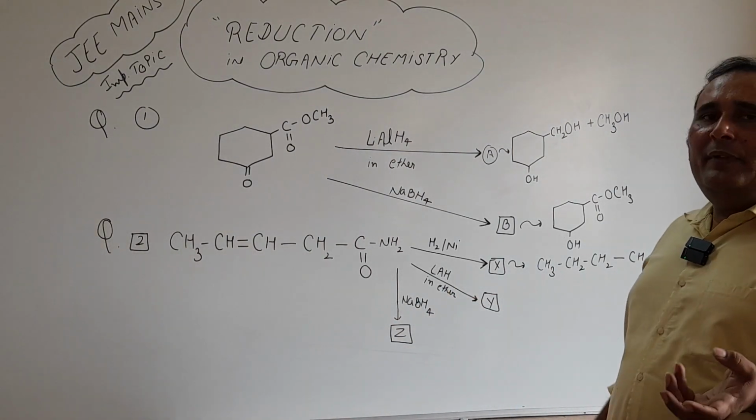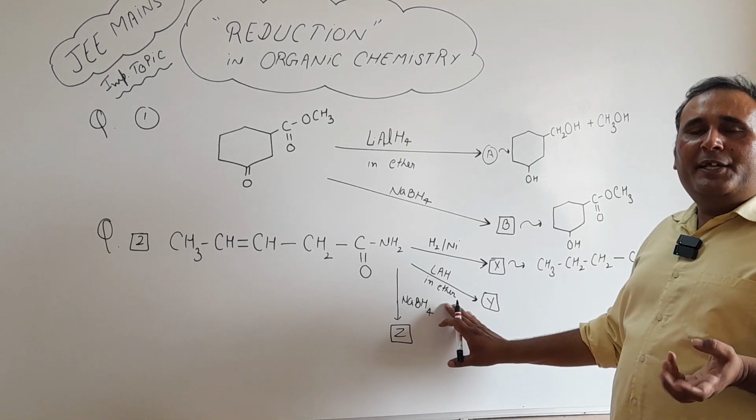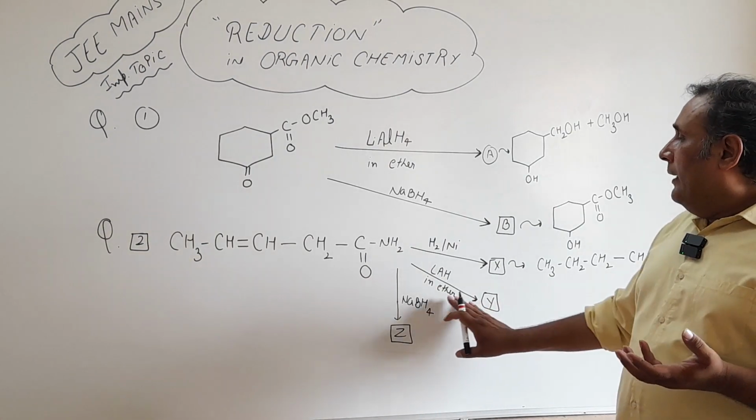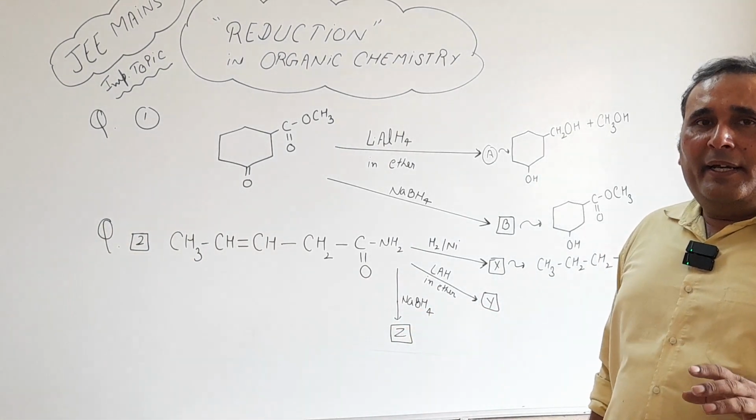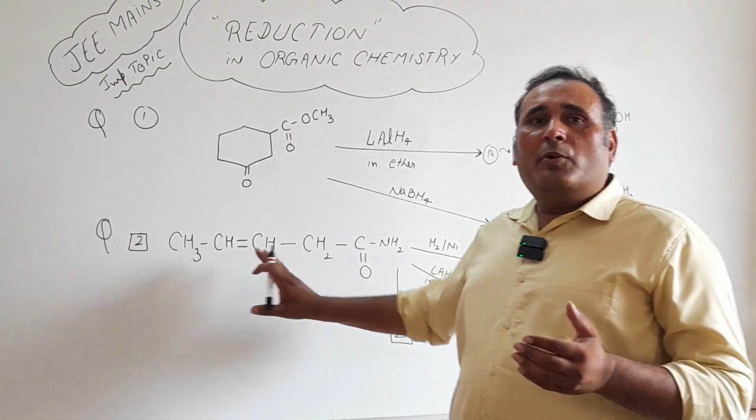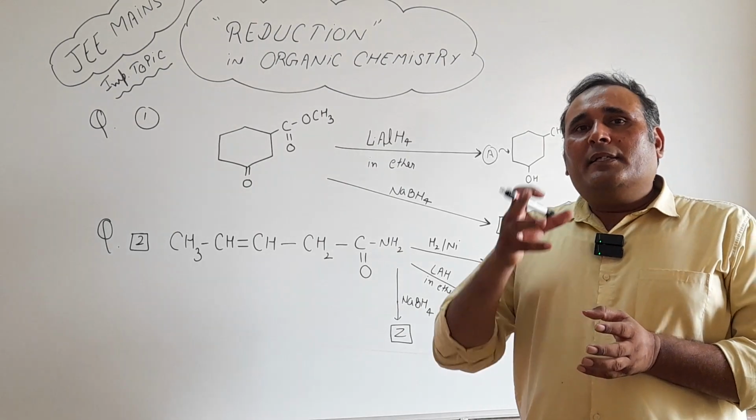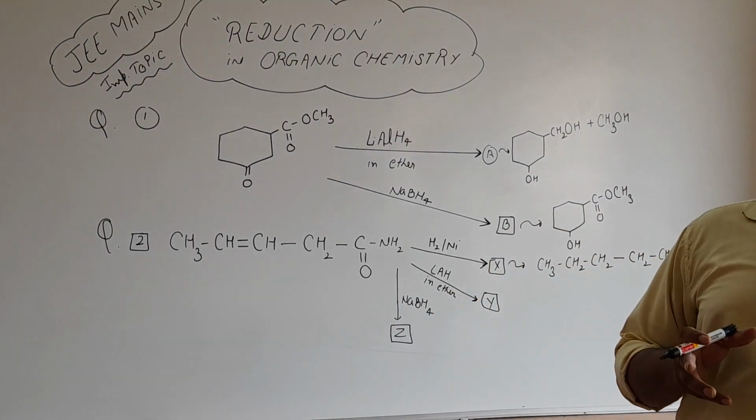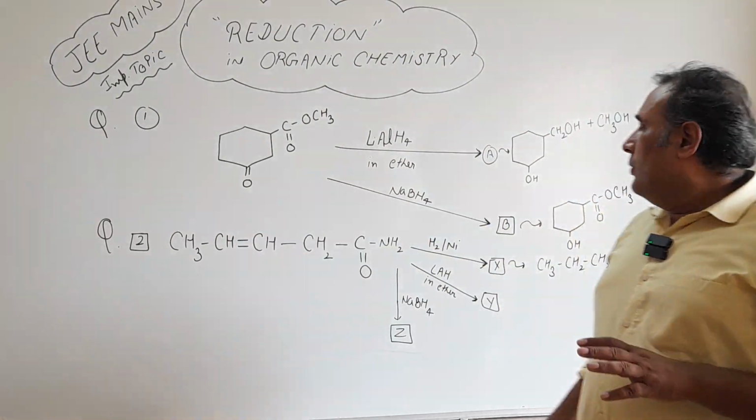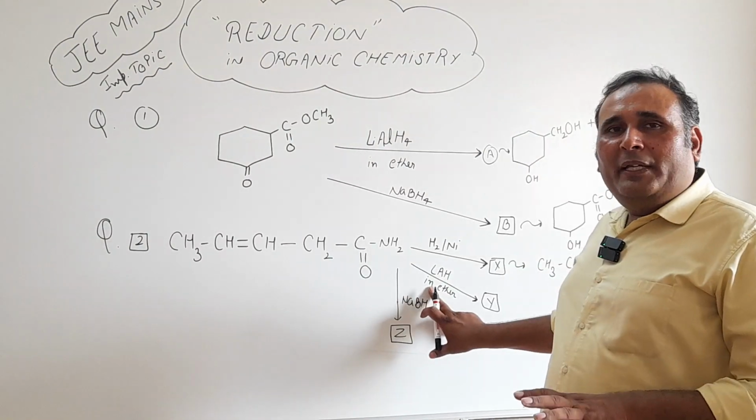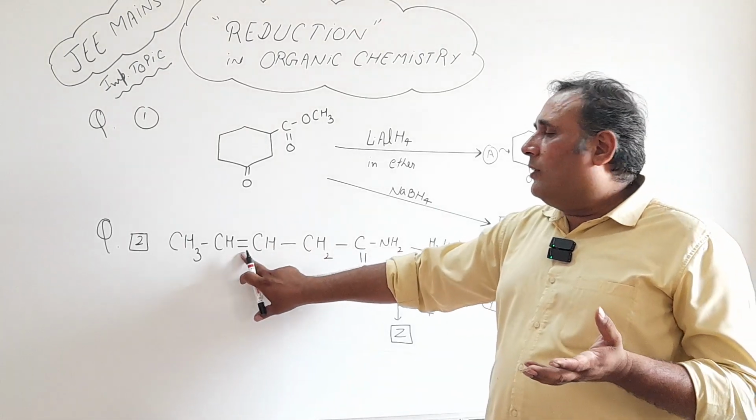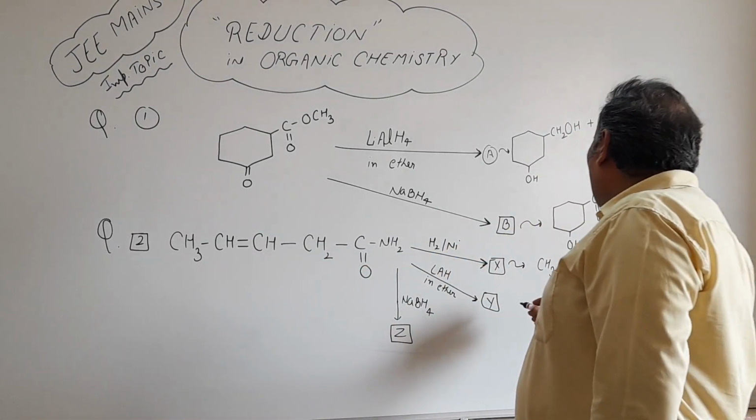But when we are treating with lithium aluminum hydride, LAH, what will be the product Y? We know that lithium aluminum hydride does not reduce the double bond. It reduces a double bond only in one condition, when the double bond is in conjugation with a phenyl ring. This double bond is not in conjugation with the phenyl ring. So LAH will reduce only this amide group into an amine and does not affect this double bond. So our product Y will be like that: